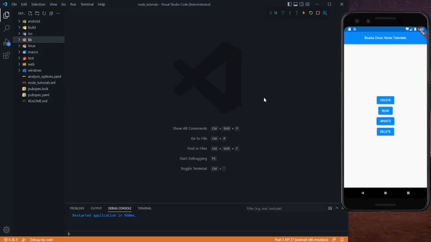In this video, we are going to learn how to work with the create operation and create an API so we can store some data in our backend. If you don't know how to set up your Node.js environment, you can watch our previous video. The link will be available in the description and also in the I button. And after that, you can continue this. So let's start.